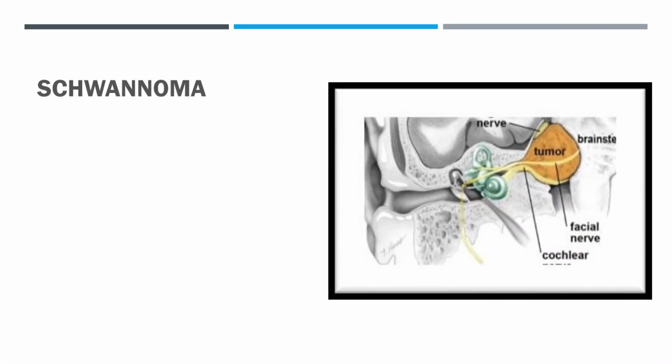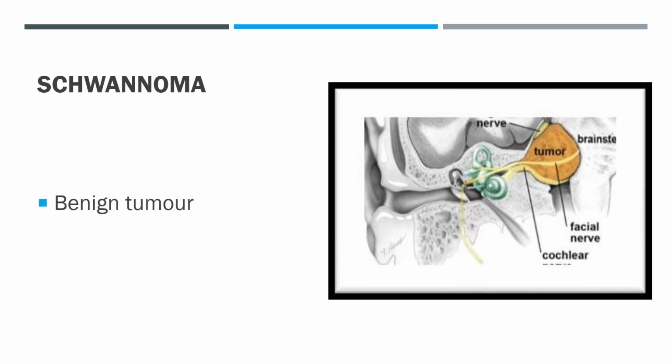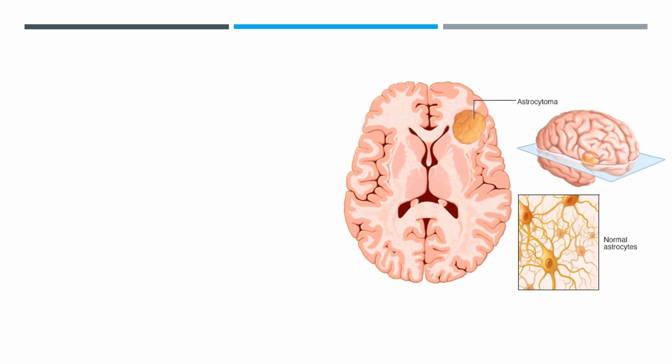This tumor is known as schwannoma, a tumor of the Schwann cells. It is actually a benign tumor, and most commonly the eighth cranial nerve is involved. Other peripheral nerves can also be involved in schwannoma. Most of the brain tumors that we see are neuroglial in origin, and the most common among the tumors arising from the neuroglial cells are those arising from the astrocytes. So these tumors are called astrocytoma.